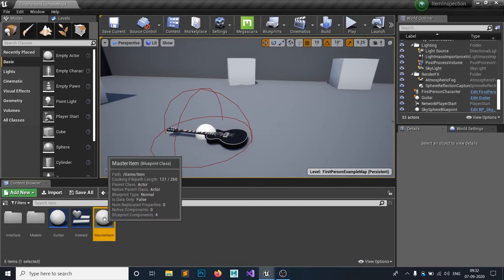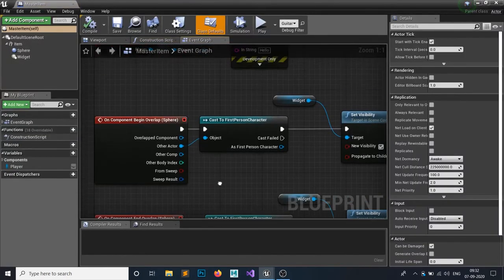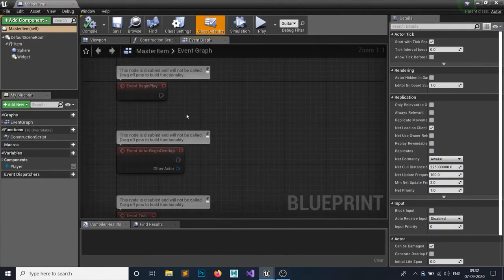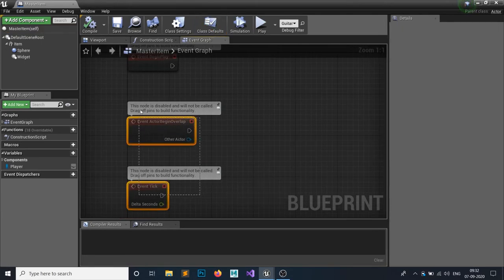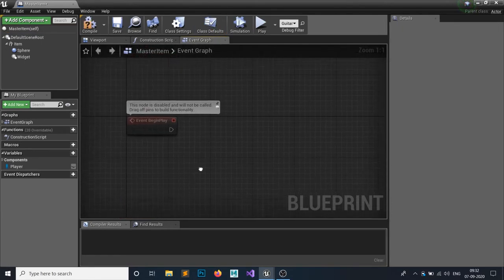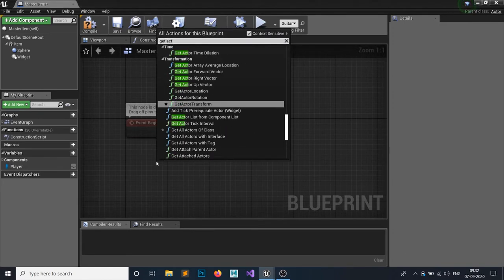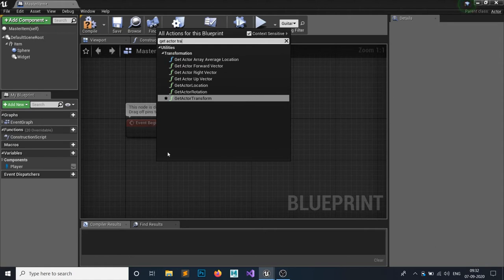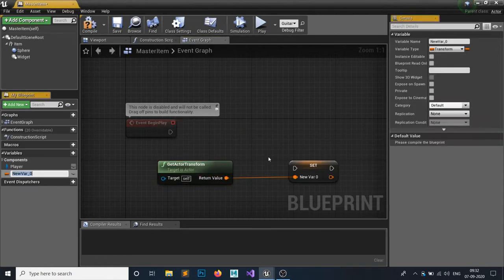So open your master item, and in here there is the event begin play. We don't need this event actor begin overlap and tick, so just delete them. On your event begin play, right click and get actor transform, and promote this to a variable, call this Transform.